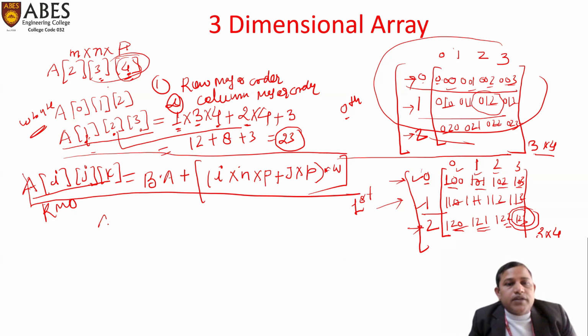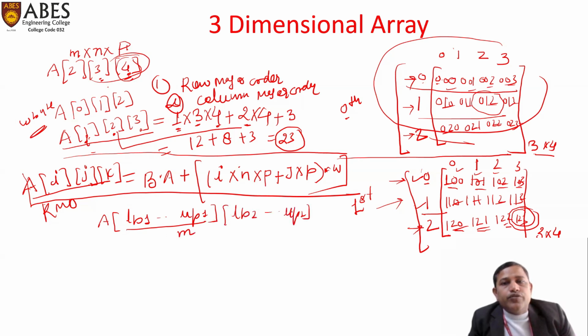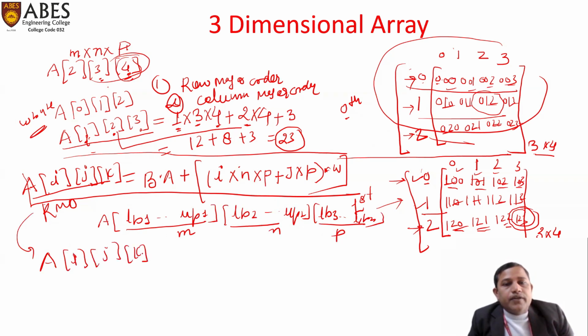If we represent the array like lower bound 1, upper bound 1, if this is size m, and lower bound 2, upper bound 2, if you don't start the start index of a row at 0 or 1, and lower bound 3 up to upper bound 3, meaning this is m, n, and p, then your generalized formula for row measure order for A[i][j][k] is base address plus i minus lower bound 1, that is LB1, into n into p,